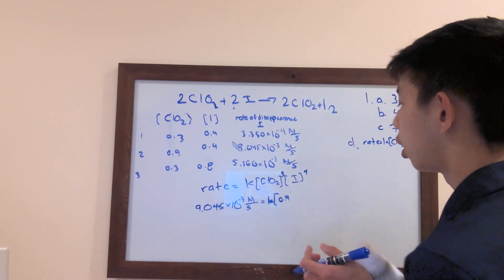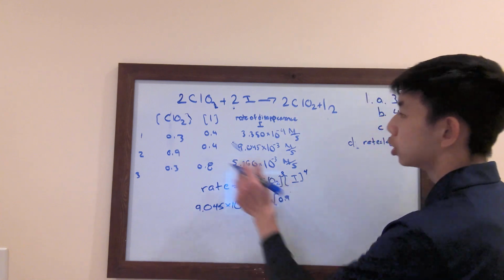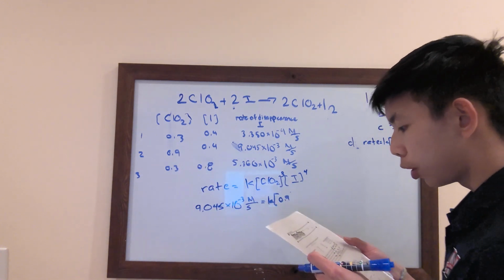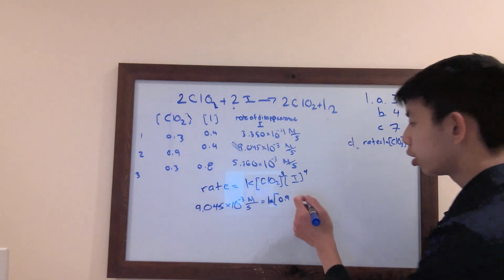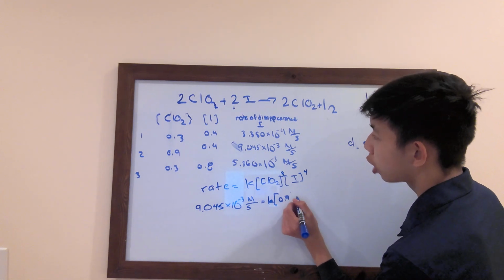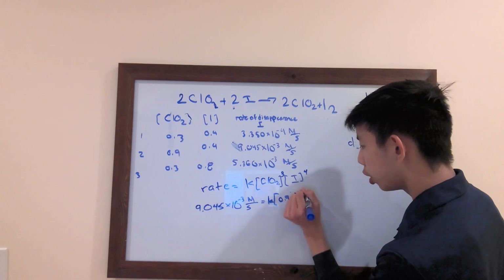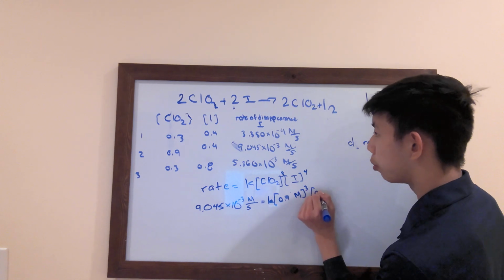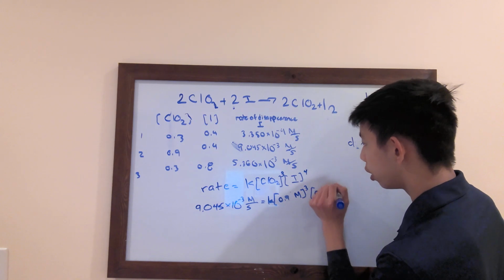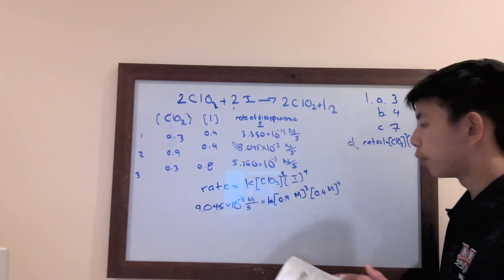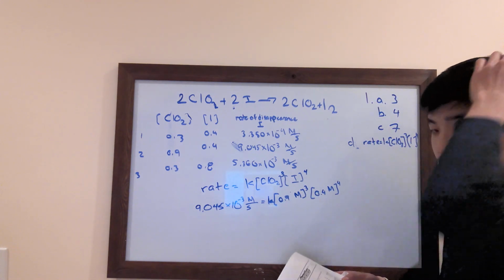I forgot to add this M, because these are all molarity. These are all concentrations, because right when it's brackets, it's always concentration. It's molarity cubed. And iodine is going to be 0.4 molarity to the fourth power. So 0.9 M cubed